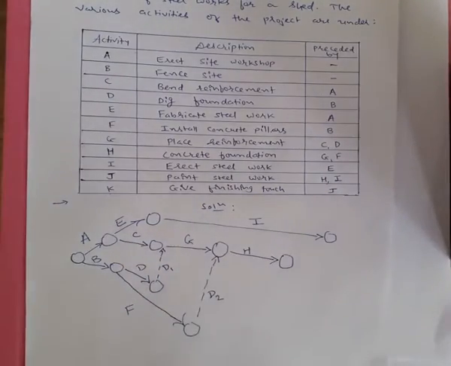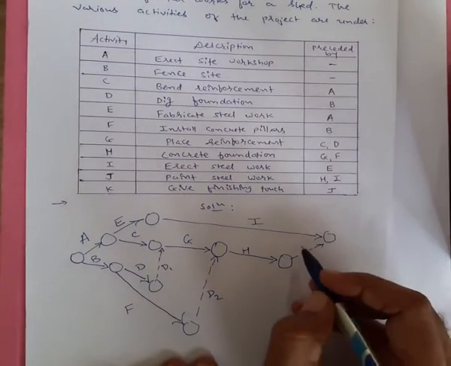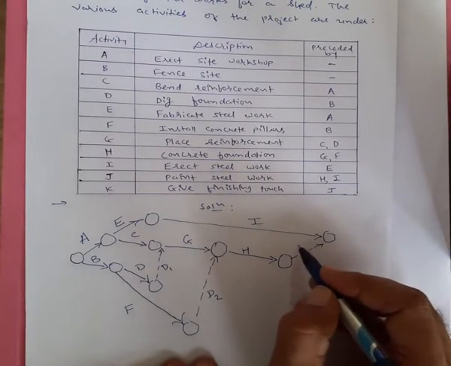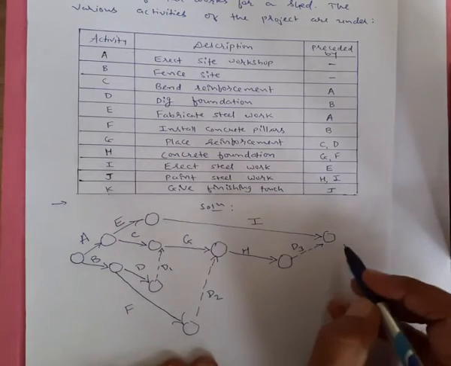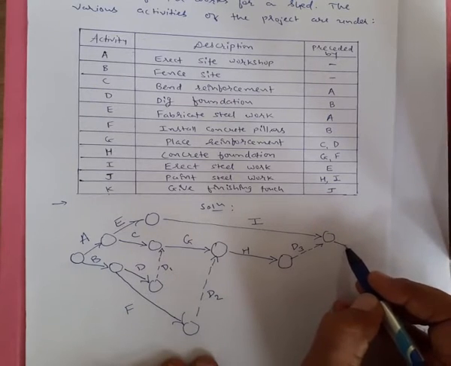Now comes activity J. So you can see activity J has predecessor activities H and I. That means after the completion of activity H and I, then and only then can you start the activity J. So it is dependent on the completion of H and I. Activity J is dependent on predecessors, that is H and I. So again I will draw with the help of a dummy line. I will join both the activities H and I. This is dummy activity 3, and then comes out activity J.